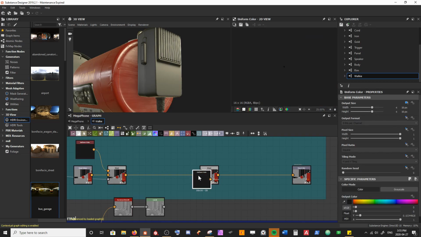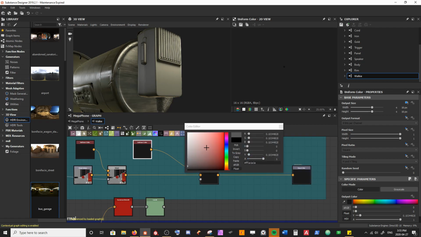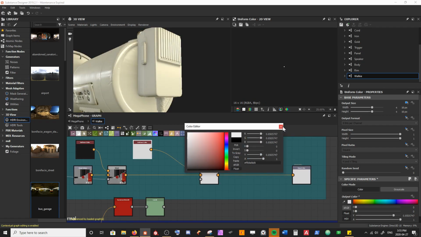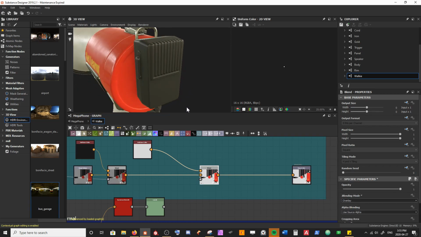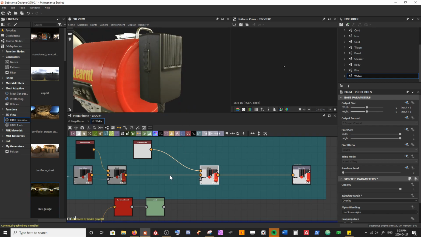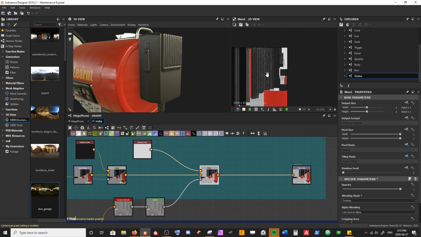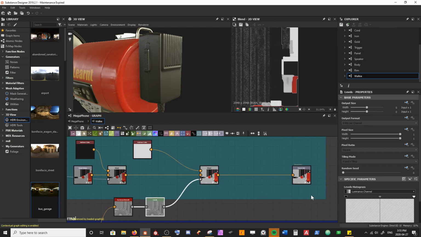And so what we're going to do with another uniform color is I'm just going to make this brighter. And I'm going to set the blending method to overlay. I'll just make it a little bit brighter. And so I'm going to plug in our levels as the mask for this guy here. If we come up and take a look, and we really crunch in our levels here,